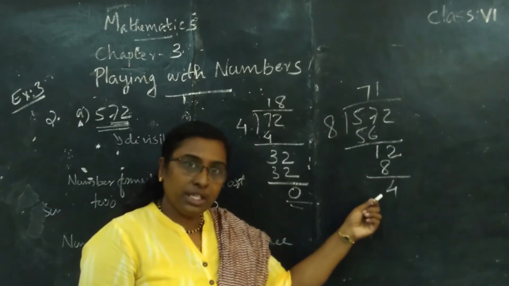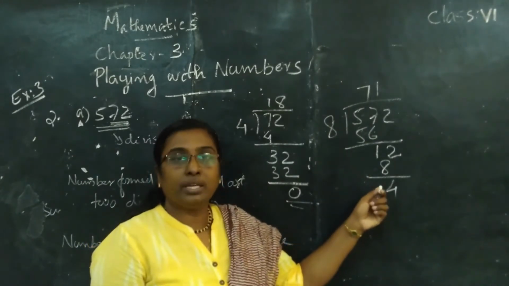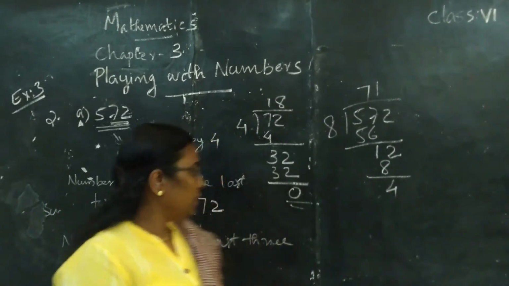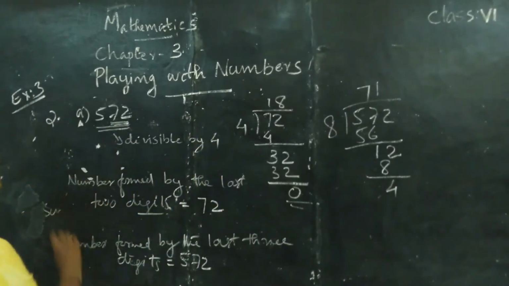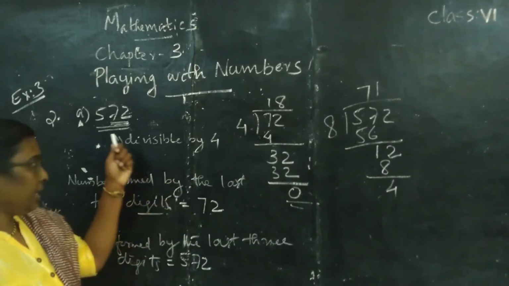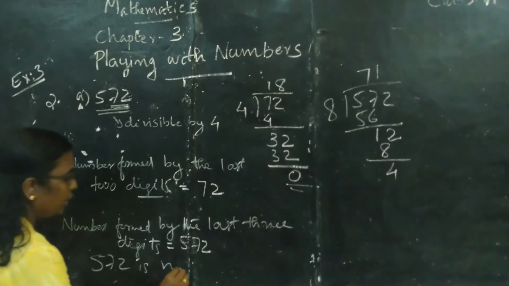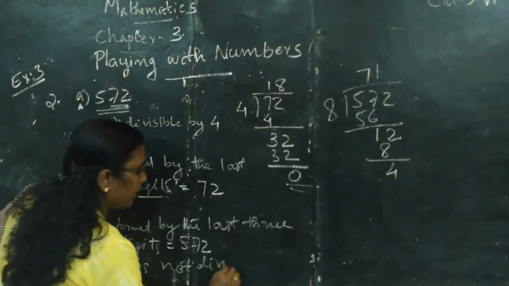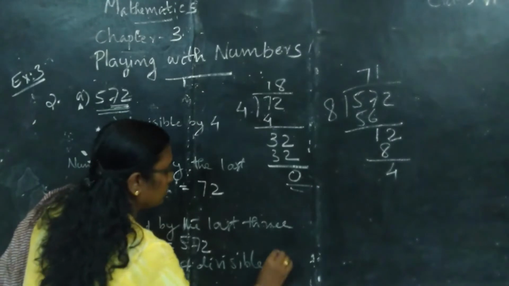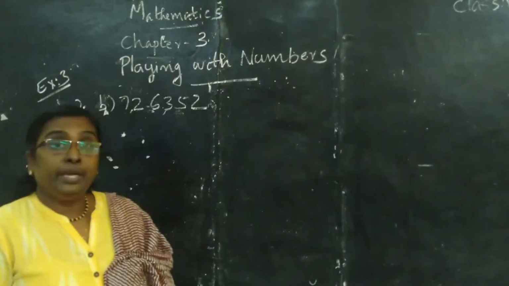If the remainder is 0, this number is divisible by 8. Here the remainder is not 0, it is 4. Okay, so this number 572 is not divisible by 8. Okay, clear? Question B is